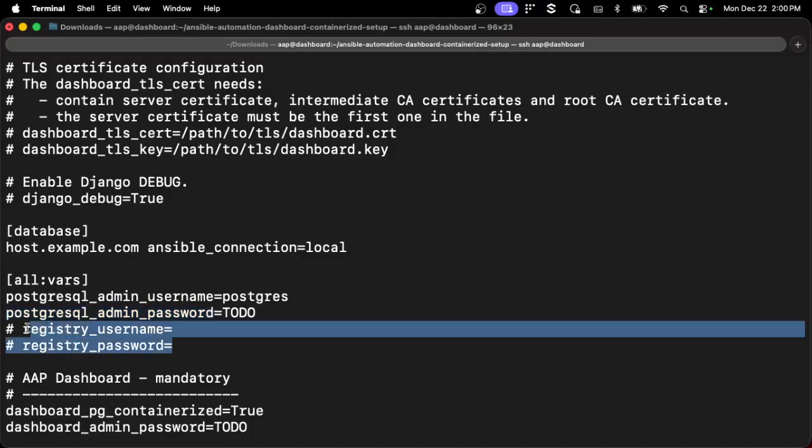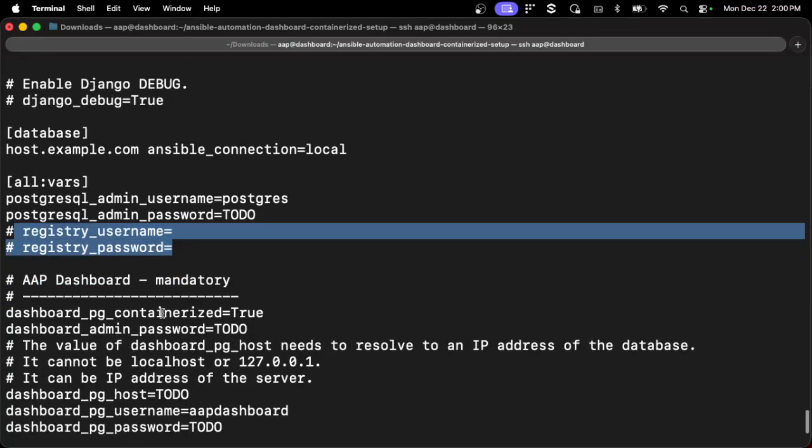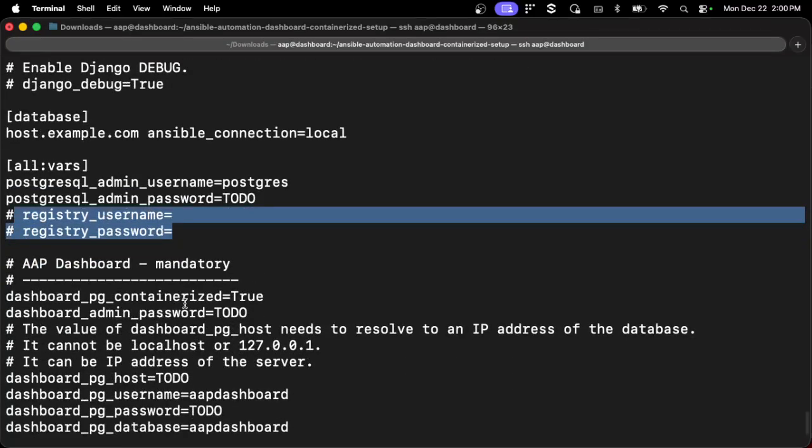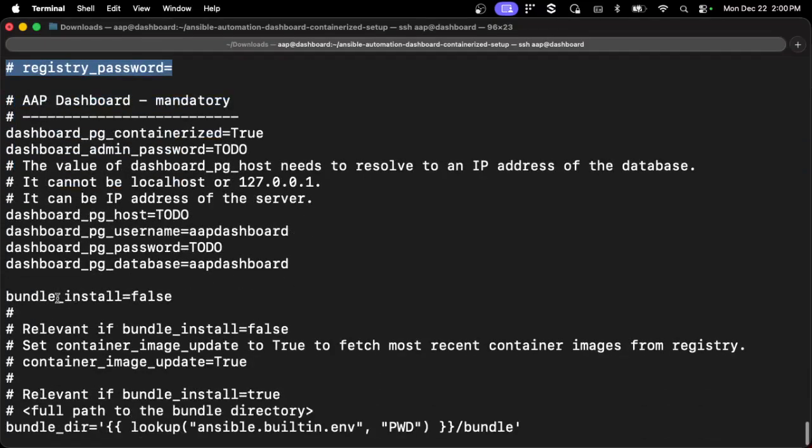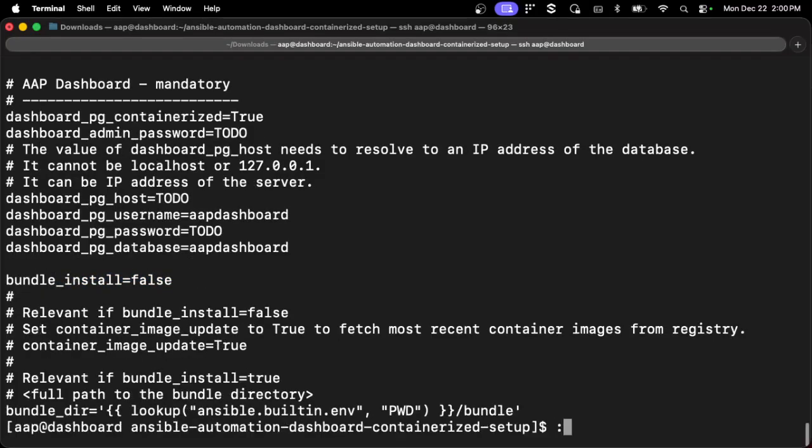If you're using the online installer, make sure you set up the registry username and password. And then I do need to actually set up my dashboard username and password as well as the PG stuff. So I'm not using the bundle installer, so I'm going to keep this false. But what I'm going to do is, because I already have an inventory previously set up, I'm going to copy